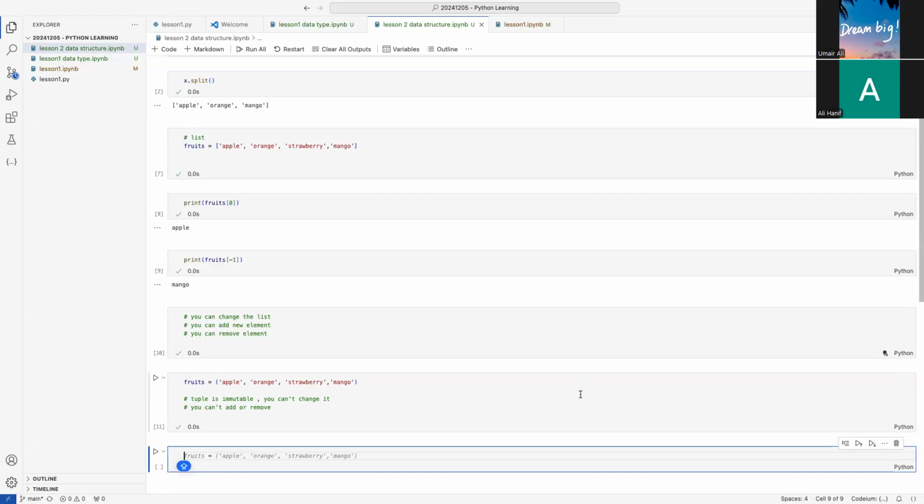To keep something unique, for example, let's say I make some random numbers and a list of those random numbers: 1, 2, 3, 4, 5, 6, 7, 8, like this. I can keep everything, even duplicates, in my list or tuple, but in a